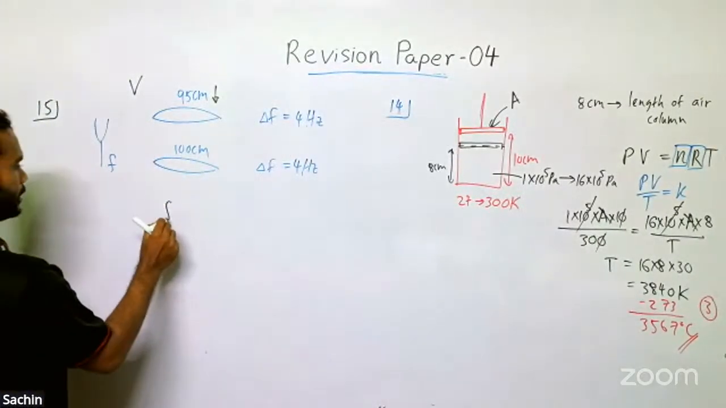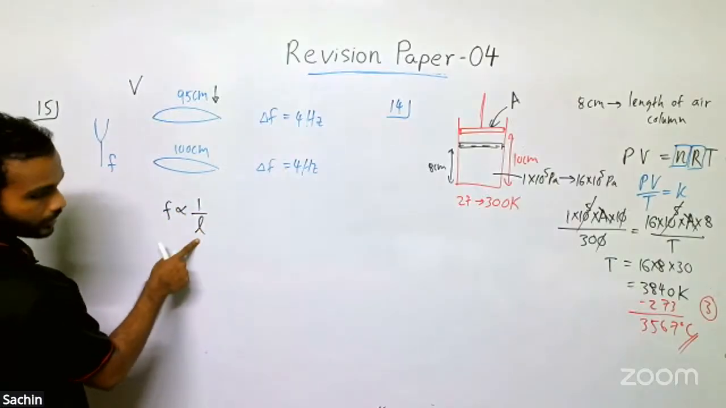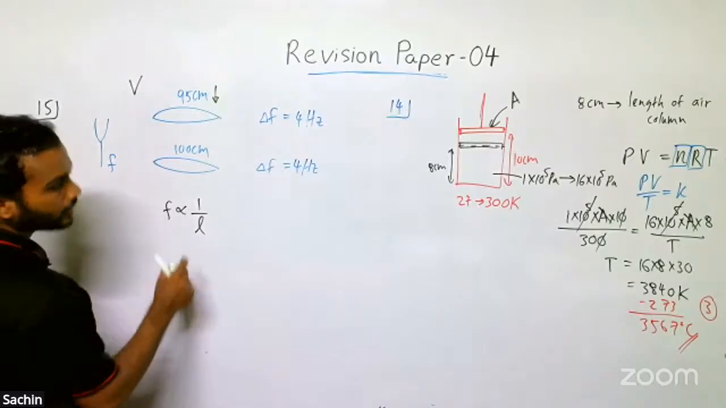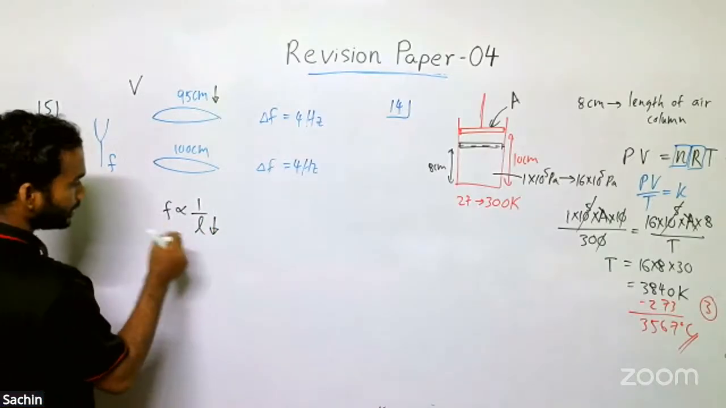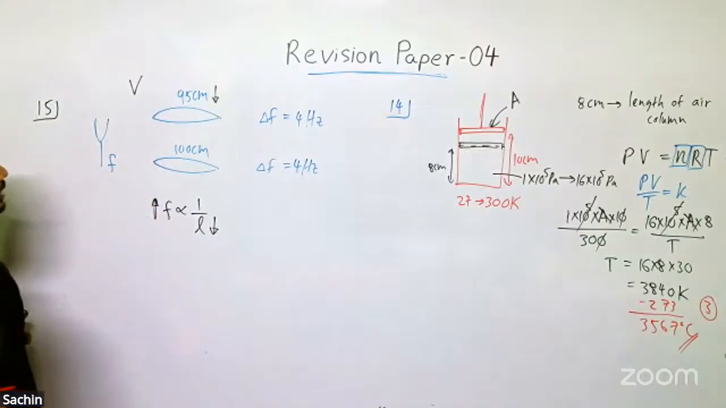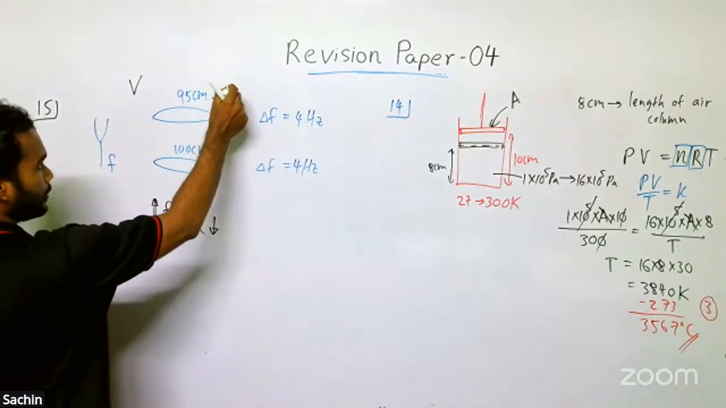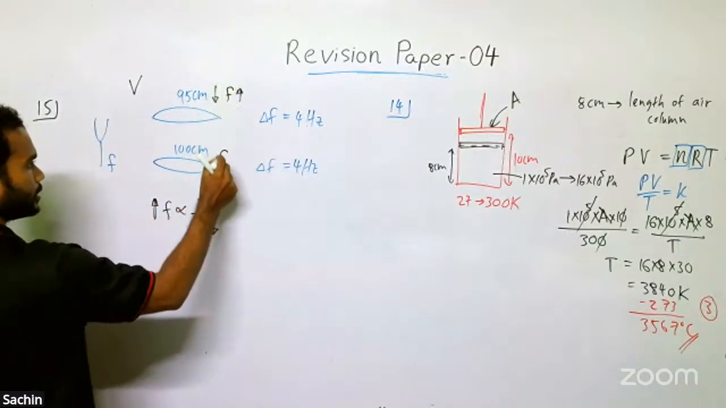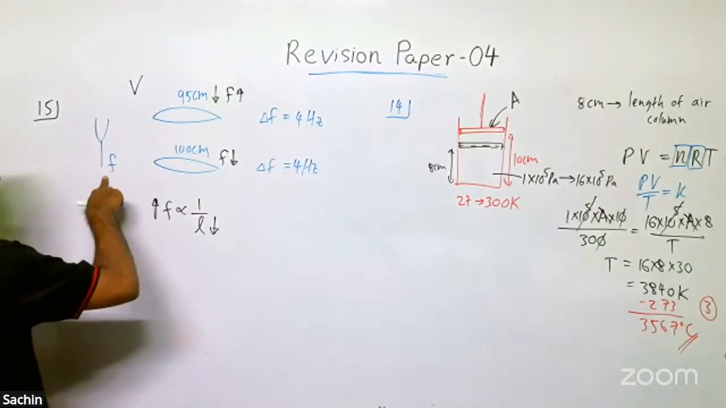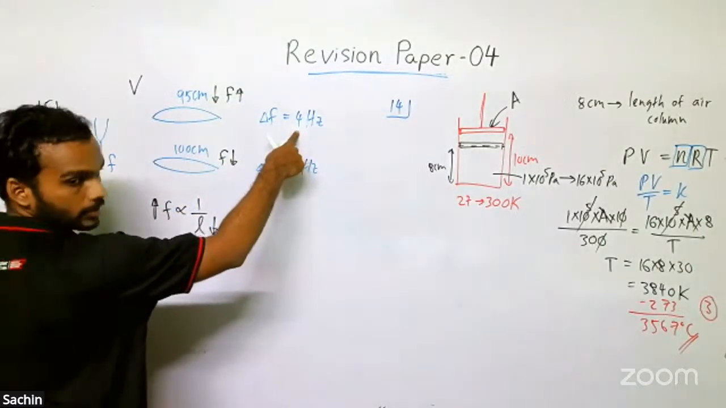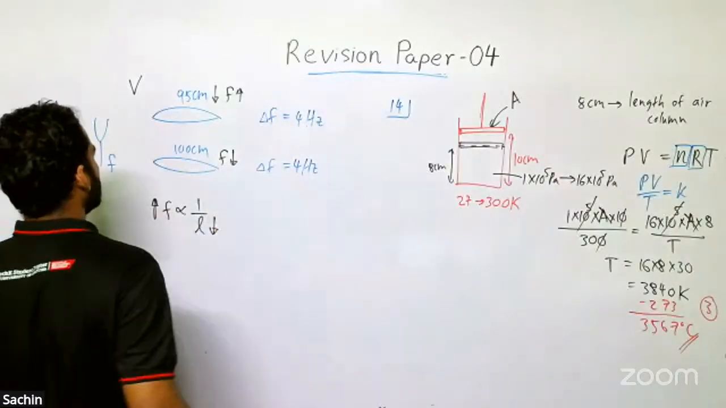If you remember the theory, resonant length and the frequency are two inverse cases. So lower resonant length means higher frequency. In this case, if there are beats, then this frequency should be higher compared to this one. With the higher frequency, if this tuning fork gives you 4 hertz beats, then